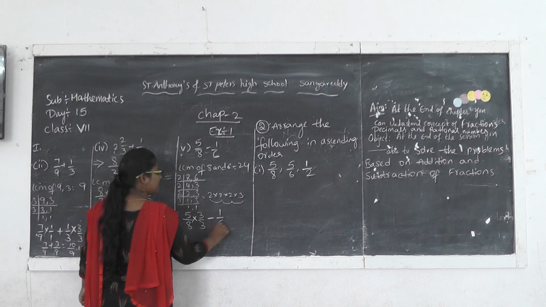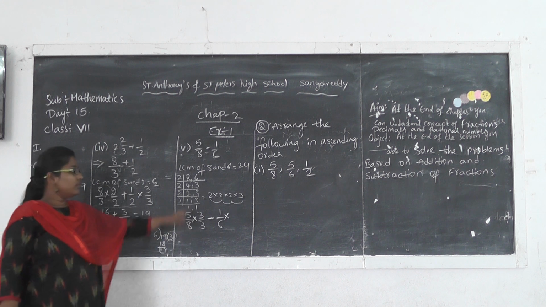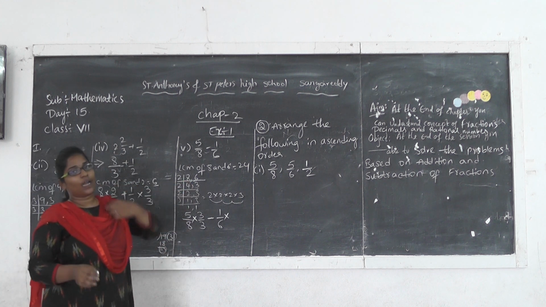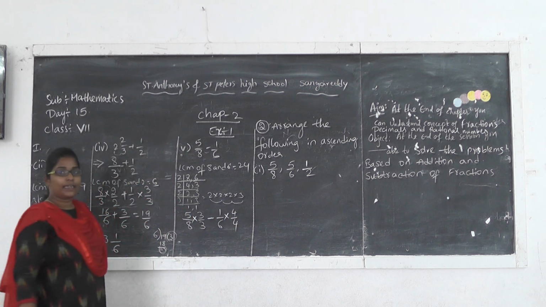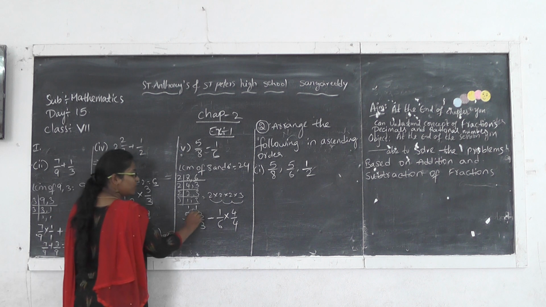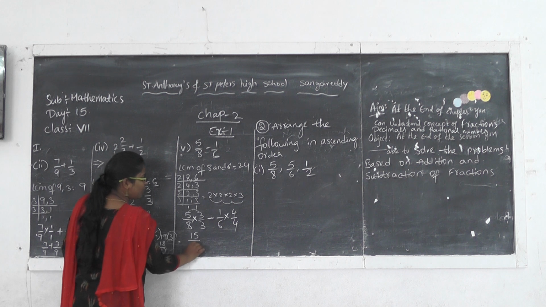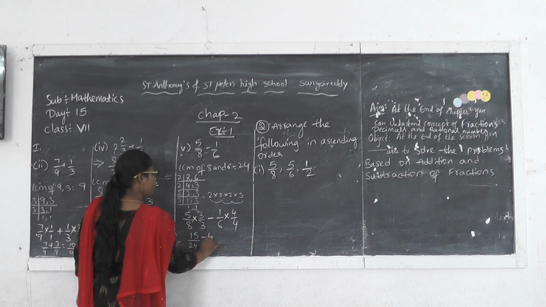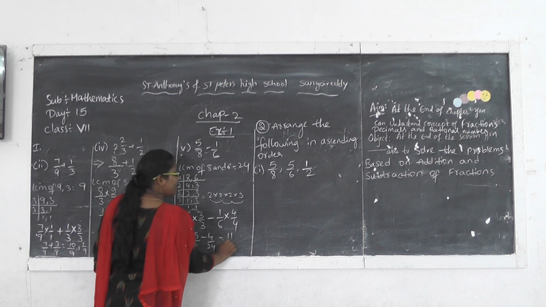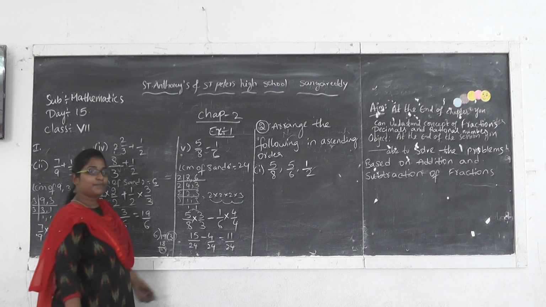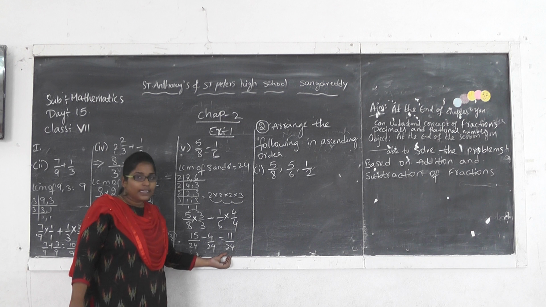Next take 1 by 6 into. With this denominator, again we compare with the LCM. In the 6 table, 24 comes 4 times. So multiply with 4 by 4, both numerator and denominator. Now 5 into 3, numerator into numerator. 5 3s are 15, 8 3s are 24, minus 1 4s are 4, 6 4s are 24. 15 minus 4, how much? 11 by 24. Here, is it a proper or improper fraction? It is a proper fraction because the numerator is smaller than the denominator.